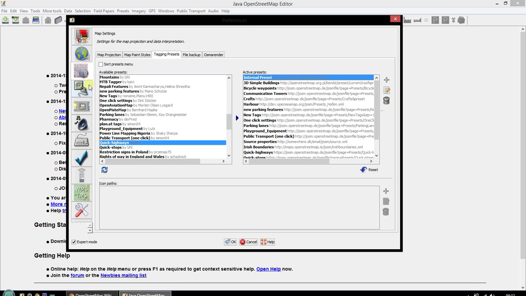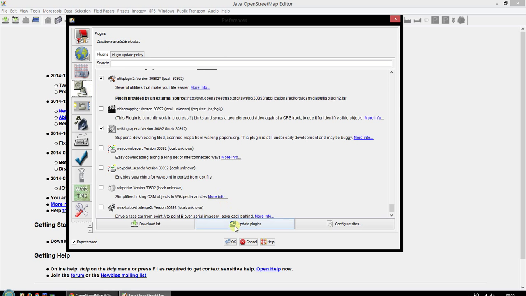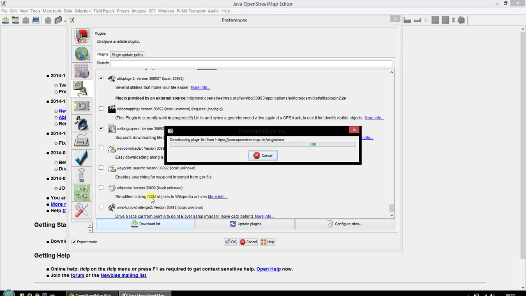So the next part is setting up your plugins. Plugins make JOSM very powerful in that they add an awful lot of additional functionality to JOSM. So next I'm going to show you how to add those in. You're going to click the 4th button down here, which is configure available plugins. So you click that list and then you simply click download list, and it will fill in this box here